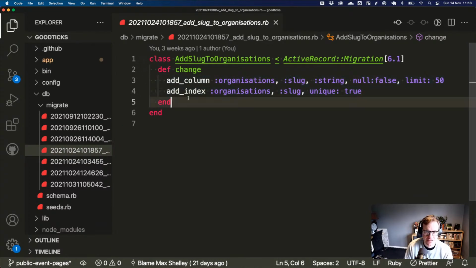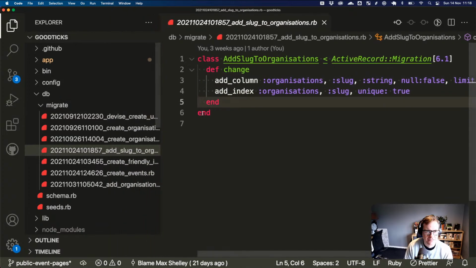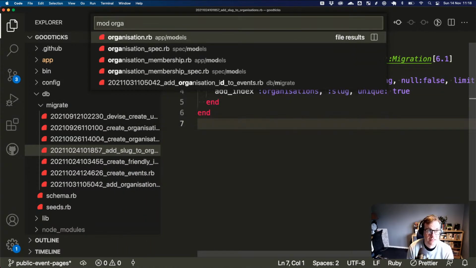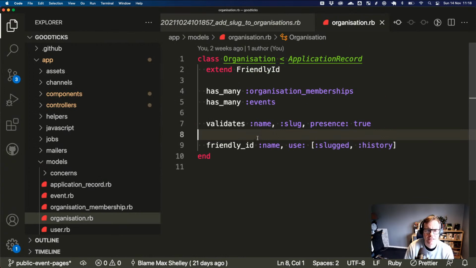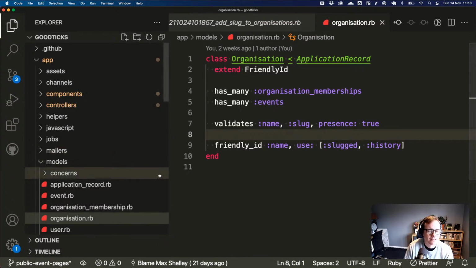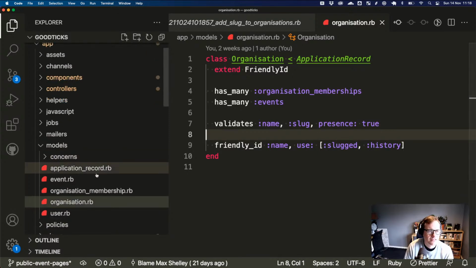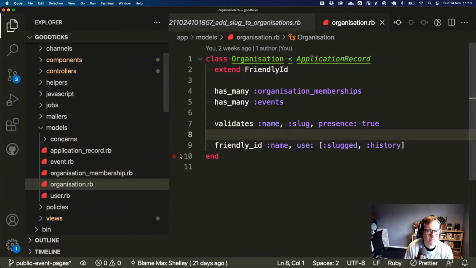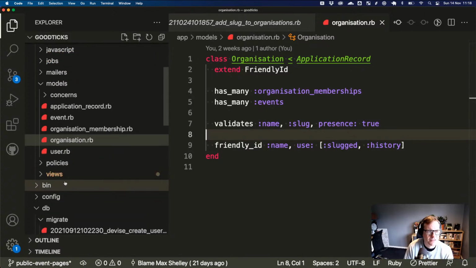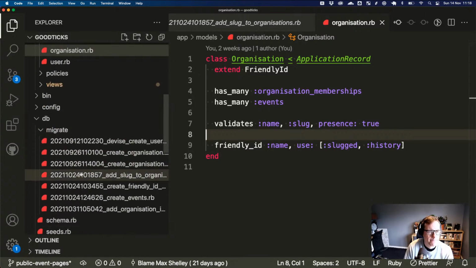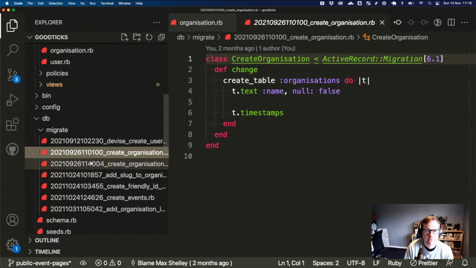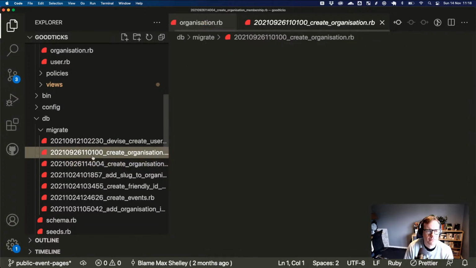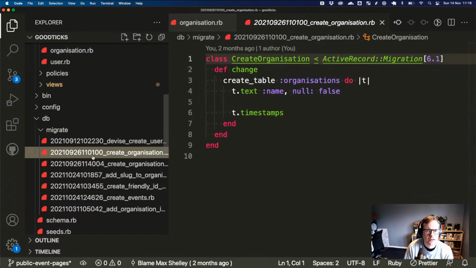Or is that something you can do in... Let's go and look at that model actually. That seems weird. That could totally fail because it doesn't seem like we're limiting the name of an organization. But we are limiting the name of the slug, and so that could easily be an error. Okay. That doesn't seem great. I thought we did.